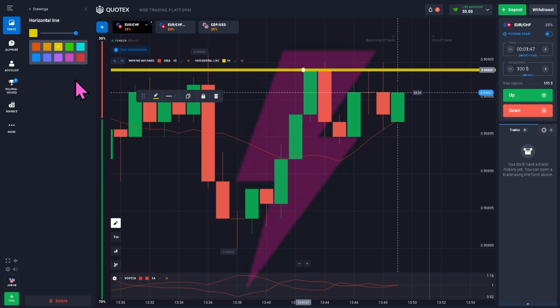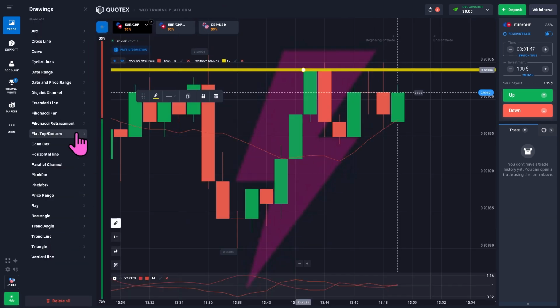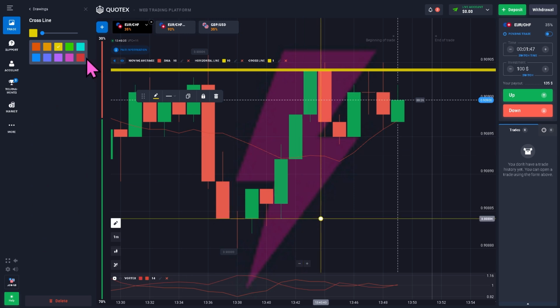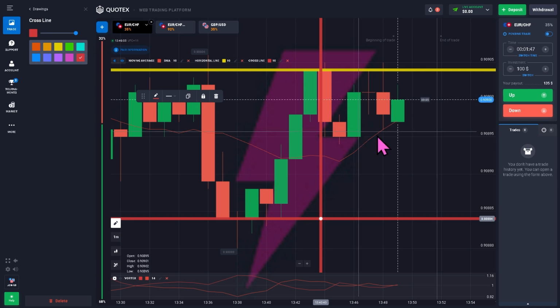And then for the next indicator or signal, I'm going to create another cross line here. You see this cross line? And I'm going to make it a red one and make it a little bit thicker so you guys can see it. So we have now external signals, and all we have to do right now is enter the amount